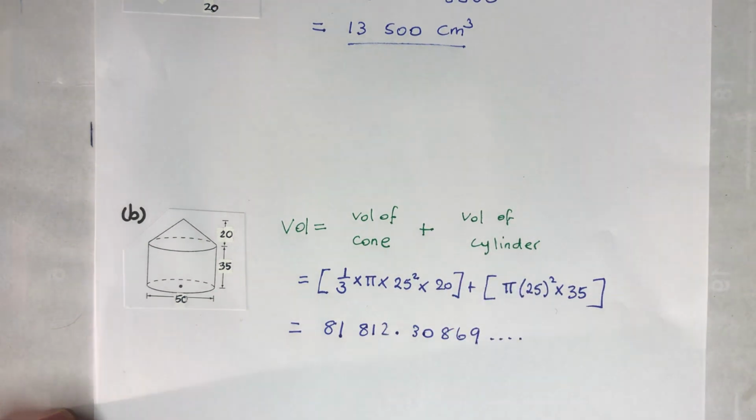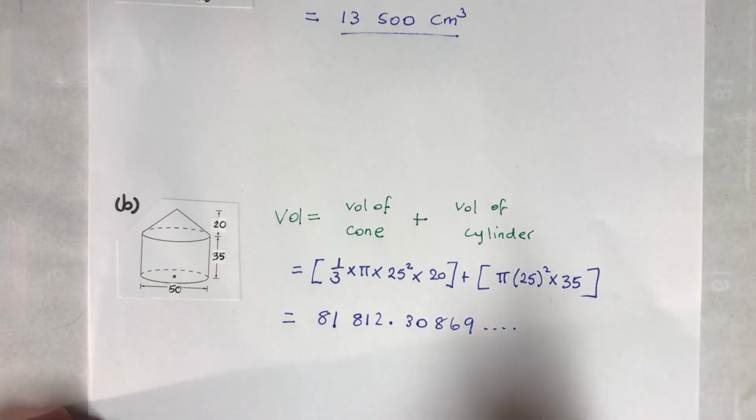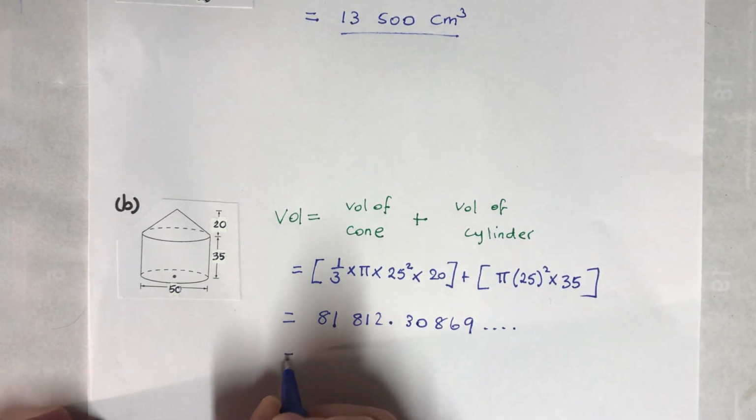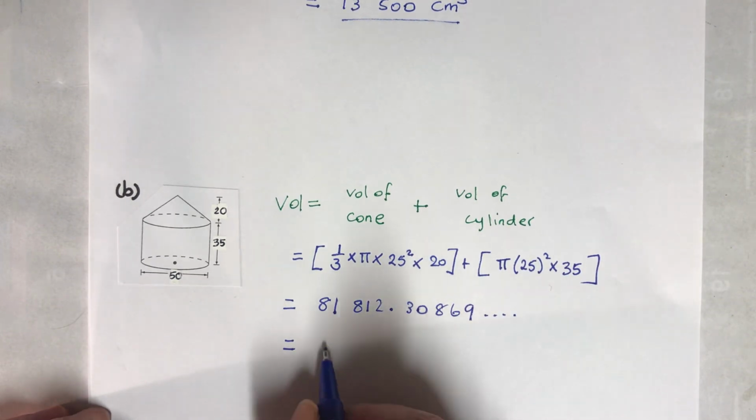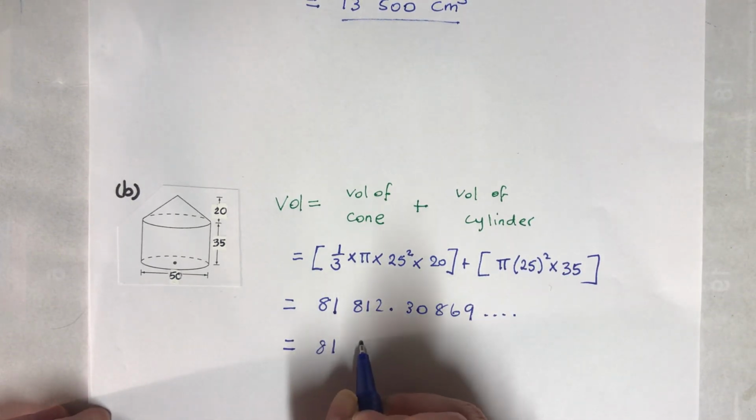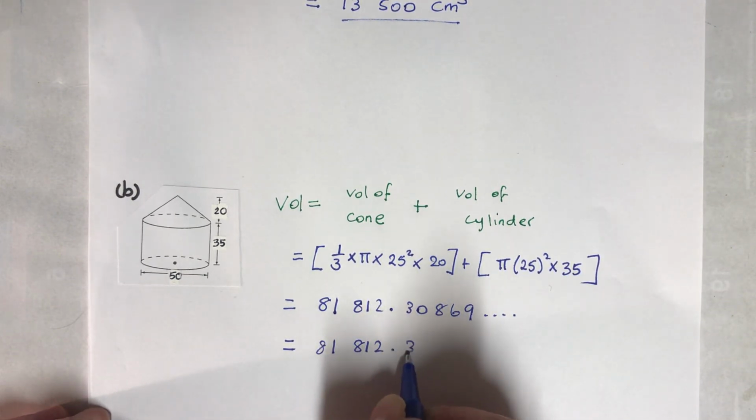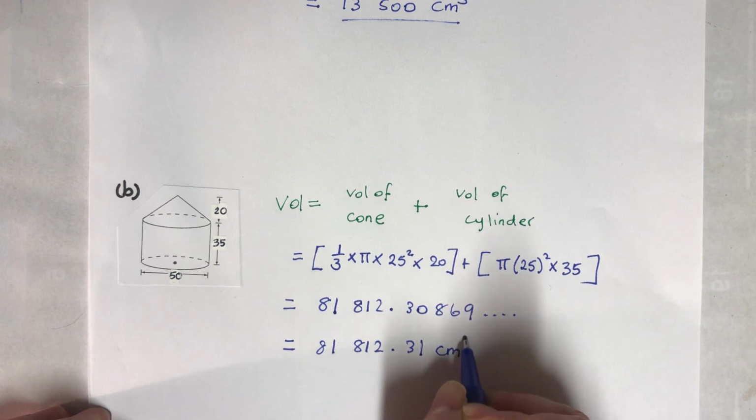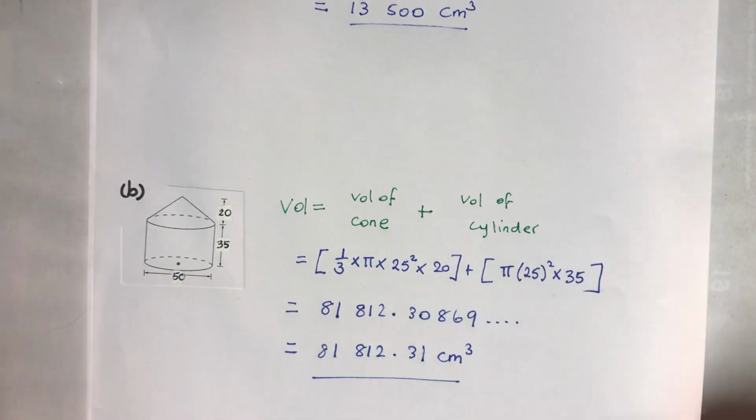81,812.30869... And the question didn't really say how to answer it. So from here on, whenever I need it, I'm going to go with 2 decimal places. 81,812.31 centimeter cubed. Okay, so that's done. So next question,